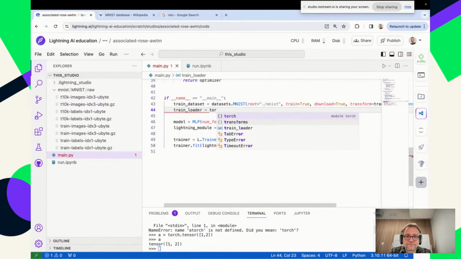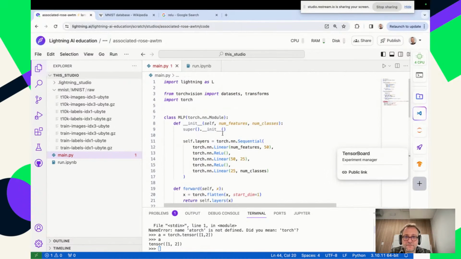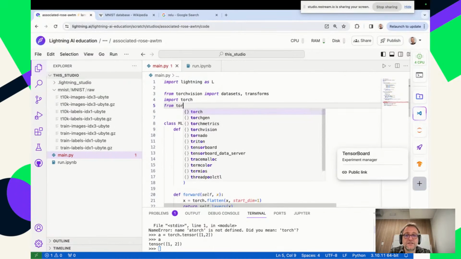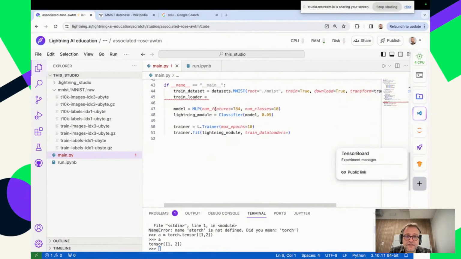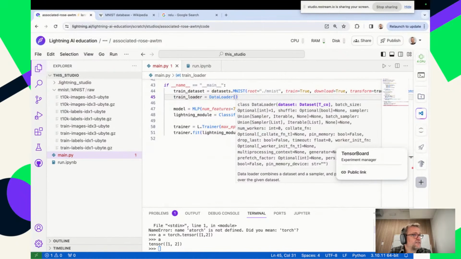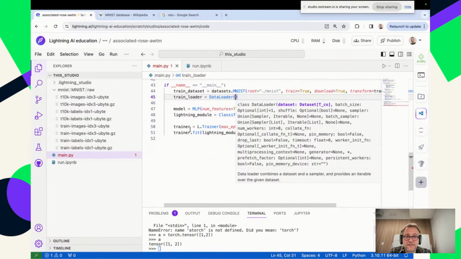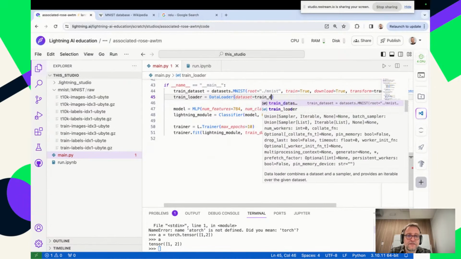So the data loader is in, sorry, let me add this here, otherwise it's noise. torch.utils.data import DataLoader. That's great. And so the data loader is something that is independent of the data itself. It takes a data set like this, and then it will let me specify how many samples I want to